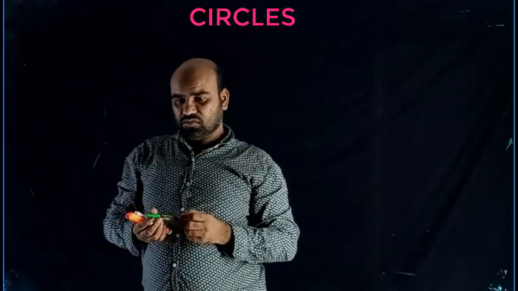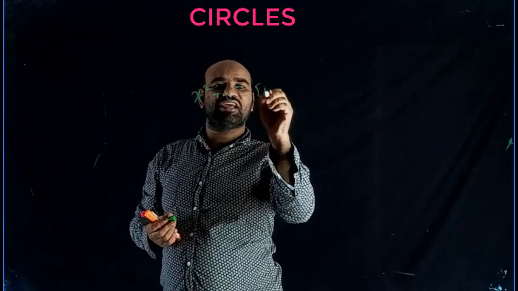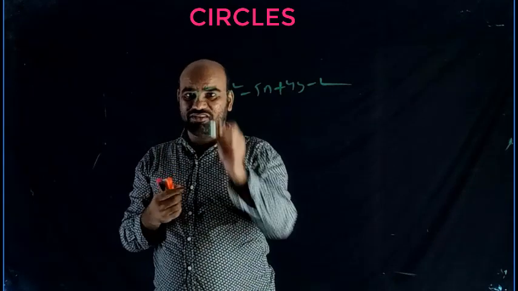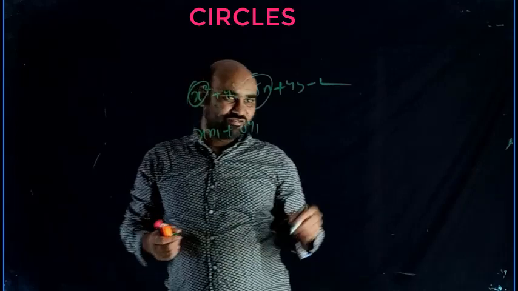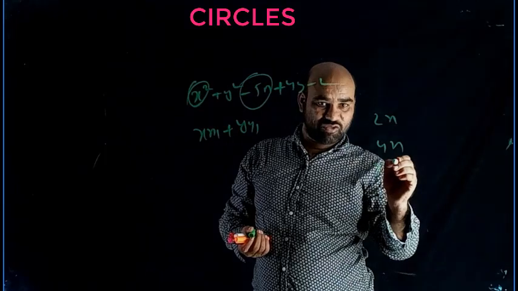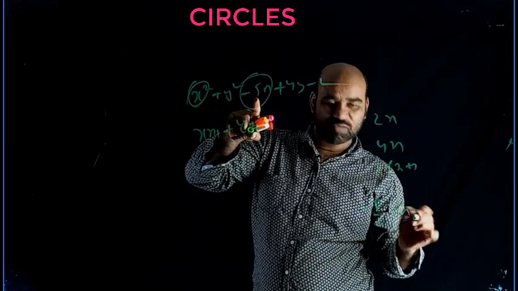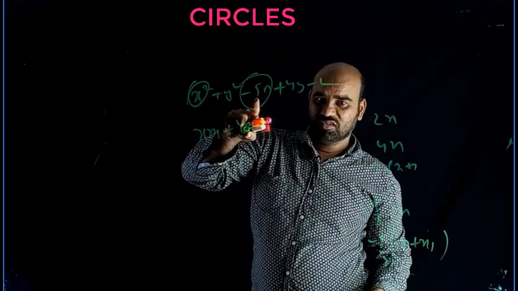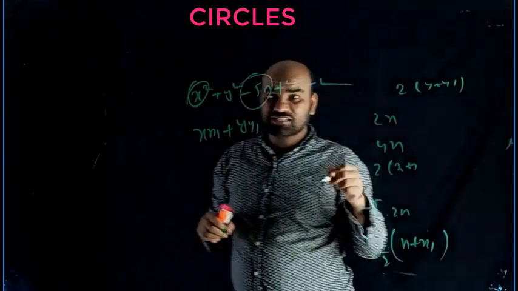Students, in the previous example, x square plus y square minus 5x plus 4y minus 2 is there. Now, how to write it as S1? That is important. x square can be written as xx1, plus y square as yy1. For example, 2x means you can write x plus x1 only. For 4x, 2 times 2x means x plus x1. 2x you want now, that's why you write 5 by 2 into 2x, and this 2x can be written as x plus x1. Understood? So 4y directly is 2 times 2y, y plus y1. How to write S1, that is important.